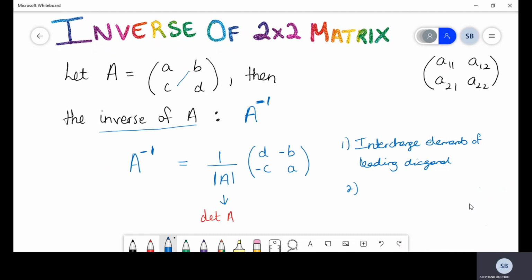You gotta move on. So first step, we interchange elements of the leading diagonal, and second step is you want to change the existing sign or signs of elements in the other diagonal. All right, there we go with the spelling. All right, now the reason I said change the sign is